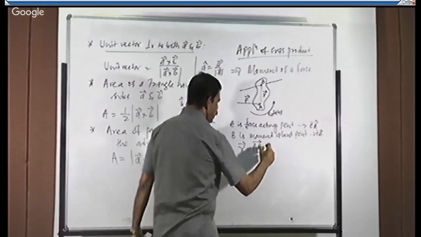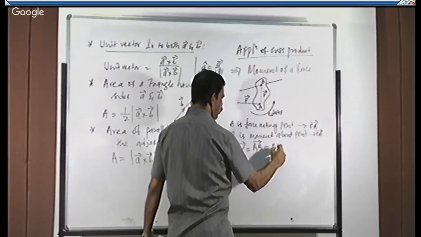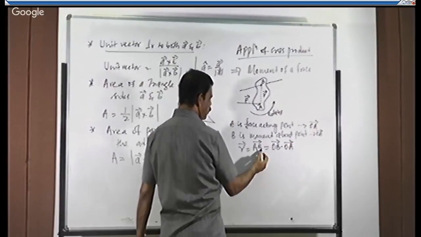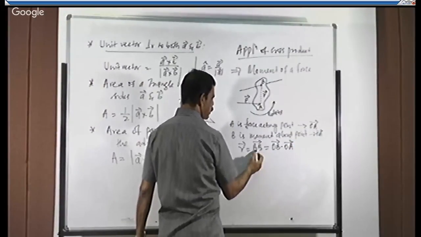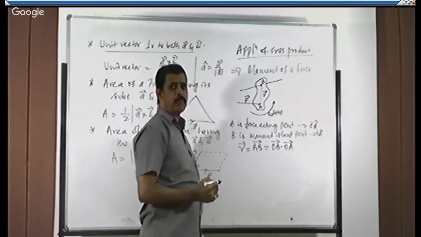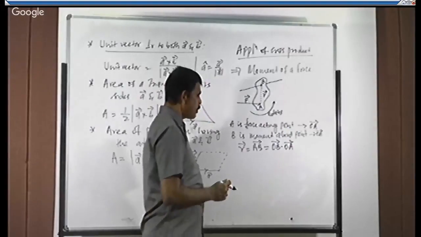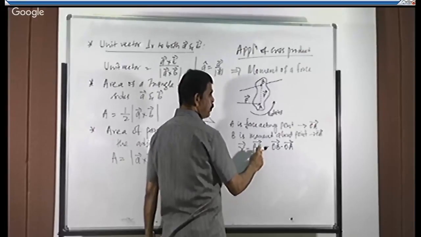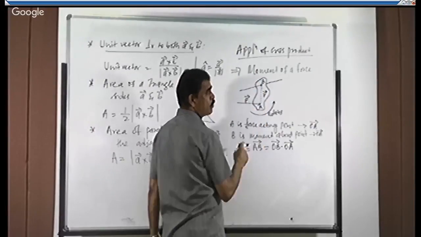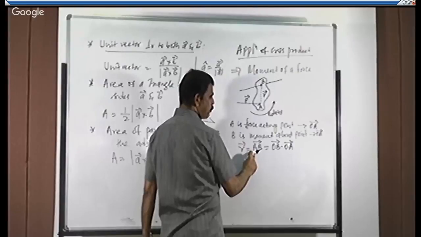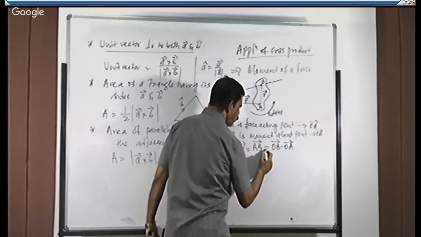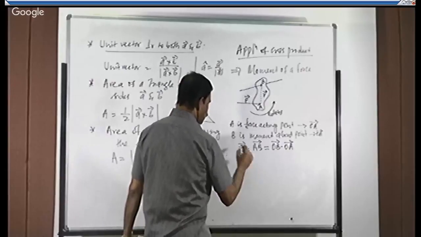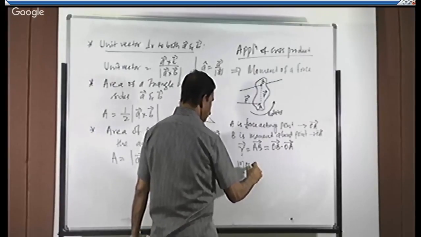So how to get R? It is OB minus OA: position vector of the terminal point minus position vector of the initial point. In some books, it is mentioned that R is equal to AP, where P will be the about point and A will be the force acting point. You follow any one convention, right? So I got R. Therefore, moment is equal to